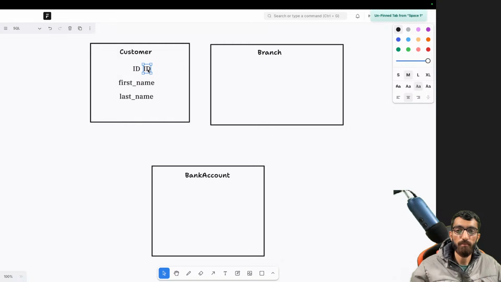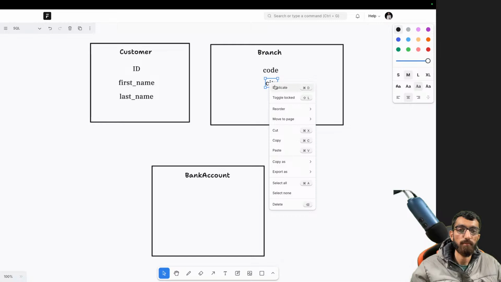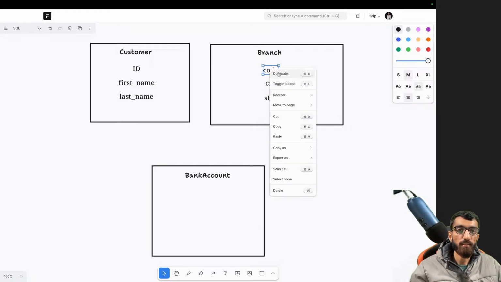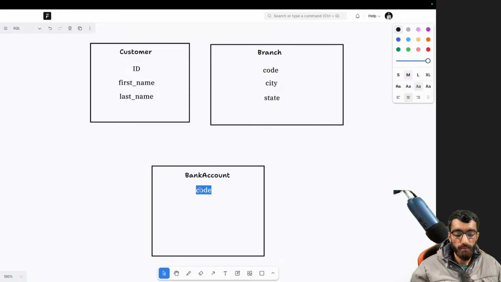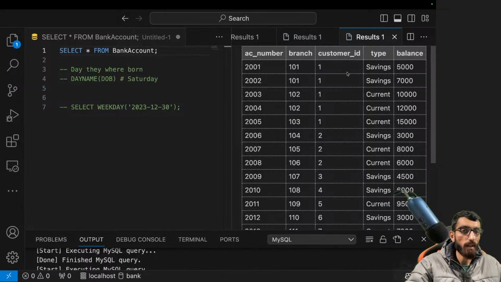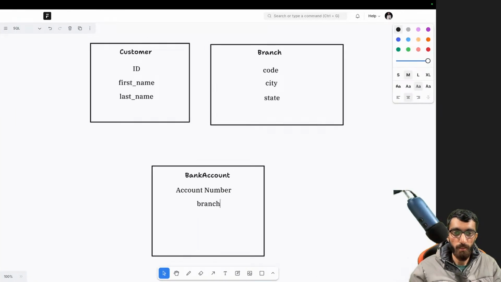Similarly, we have branch code, city, state, address, etc. So dot dot dot. But here is where things get interesting. This bank account has an account number, right? It has AC number, branch, customer ID, branch,